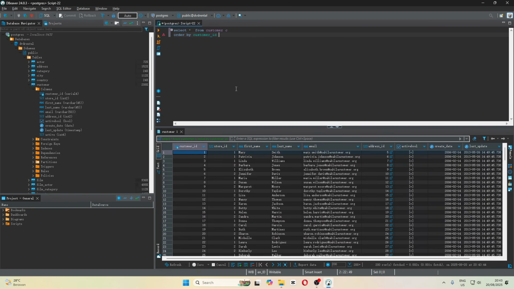Okay, by default the order by is sorted in ascending order, from lowest to highest. If it's text, then it will be ordered from A to Z. But what if we want to see the latest customer ID first, which means descending, from the newest to the oldest?